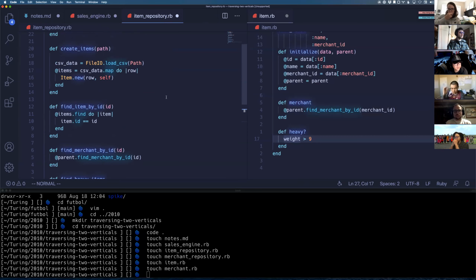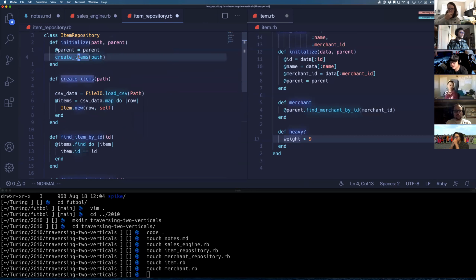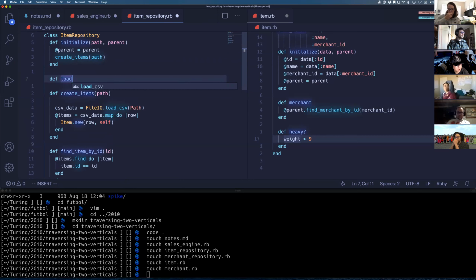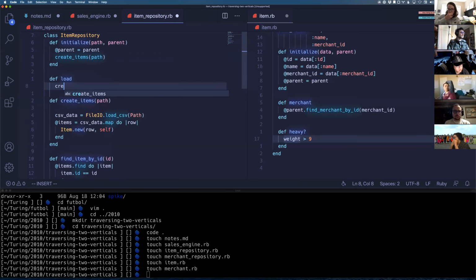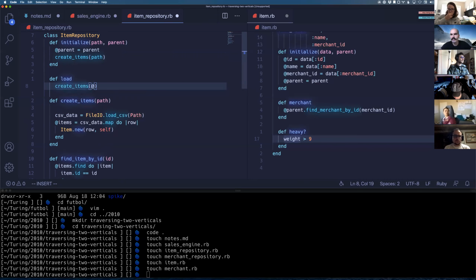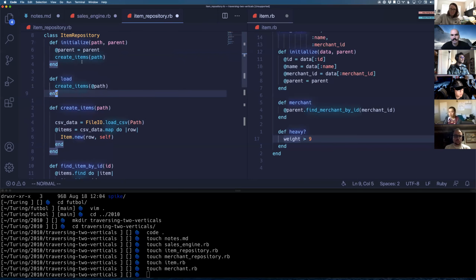Yeah. So like I have it set up here. What's happening is that when we initialize an item repository, it's going to go ahead and kick that chain off by itself. You could, if you wanted to, do def load, and we could do this. Right, and then we can take this out of here, but we'd have to store path